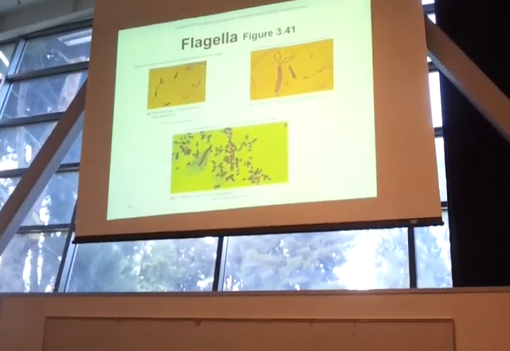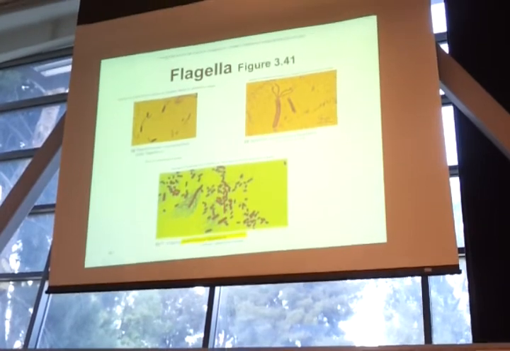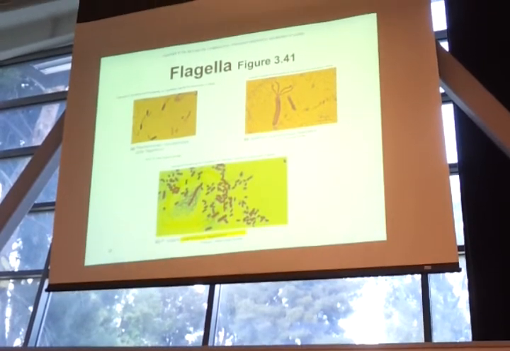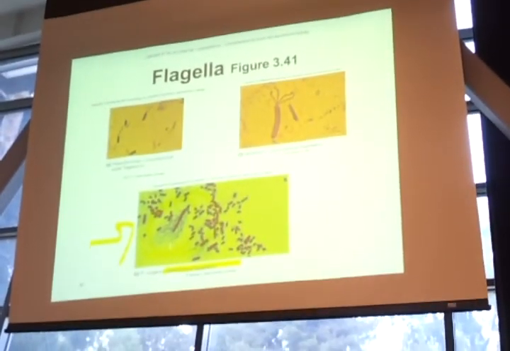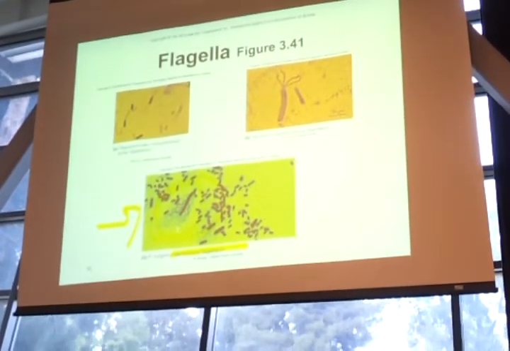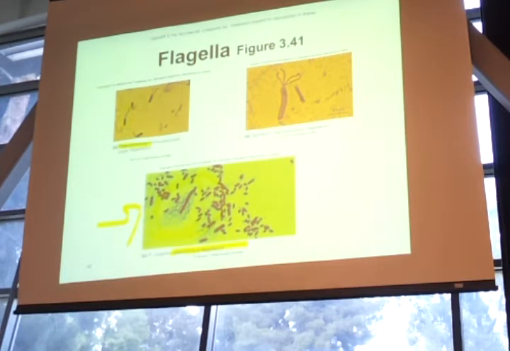If you look at these pictures, here's a peritrichous one. Here's a Proteus vulgaris, in fact. So you can see why that's a swarming organism, because it's very, very flagellated. It's very motile. It has all those flagella. Here's a Pseudomonas that is monotrichous, it has one, but it's a polar flagellum because it's just at